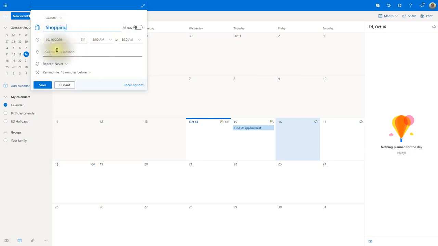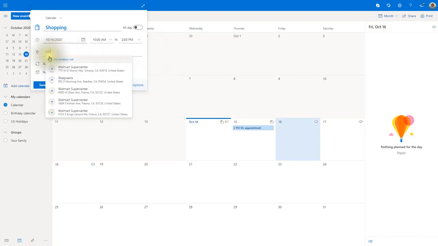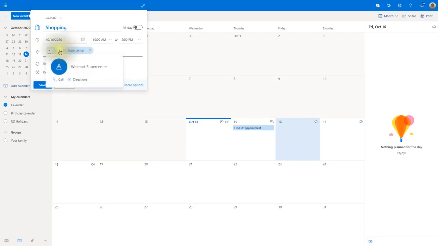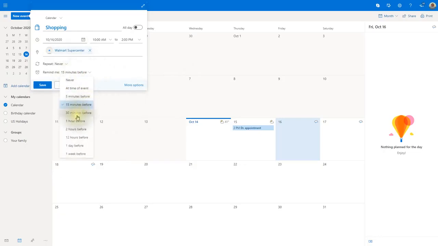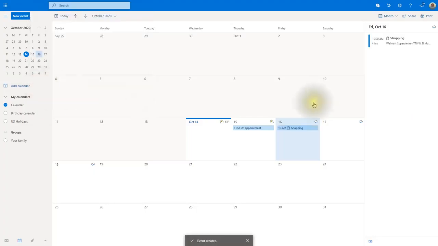Once you click on shopping there, you click on a time. So maybe you want to start there at 10 o'clock, and it's going to be there to maybe 2 o'clock. And maybe you want to go to a particular location. So you can actually type in a location, type where you want to go by simply clicking on it, and it will go there. Now it can remind you different timings. So this is 15 minutes before you leave, or let's do it 30 minutes so you get all ready, get your bags and everything ready, get your list, and then if you're happy with that, click on save, and it'll save it for you. So it saves everything there for you.